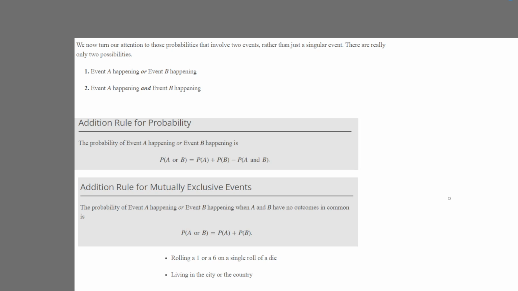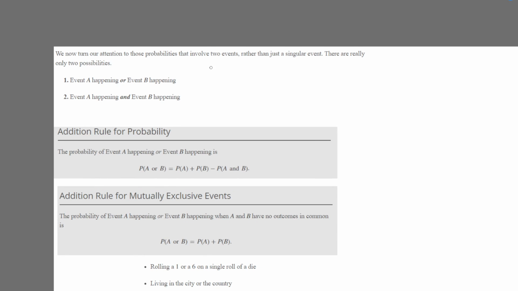So in this chapter, we're going to be thinking about the probabilities of certain events happening. And there's two key things that we'll be looking at: event A happening or event B happening, and event A happening and event B happening. These are our two different events. And this distinction does matter because if you